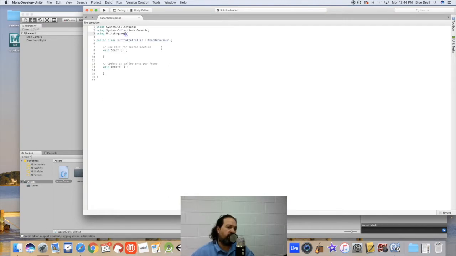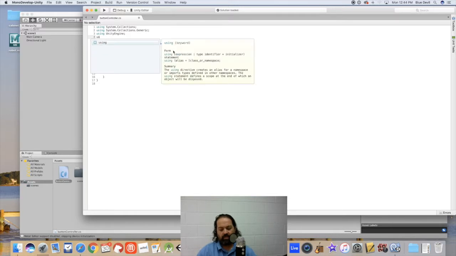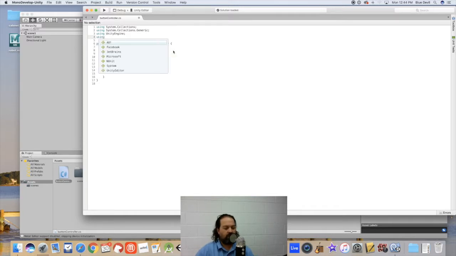And the first thing we need to do is add one thing to these using commands up here. So you need to add using UnityEngine.SceneManagement. Make sure the capital letters are there. Okay, using UnityEngine.SceneManagement, and end that with a semicolon, okay? So do that first, and then